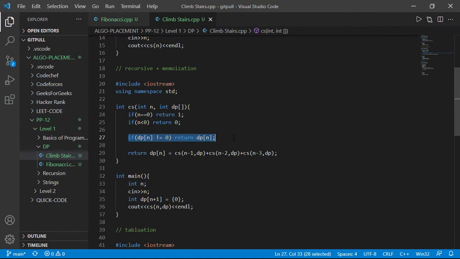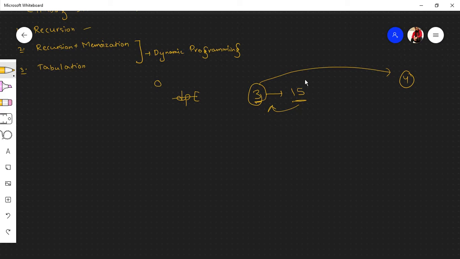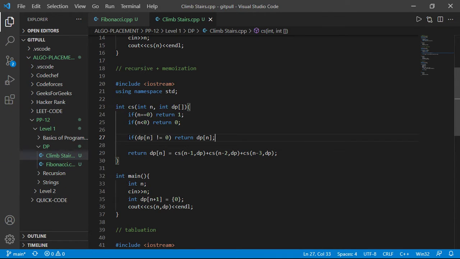What we are doing here is, if we already have the value, basically we have initialized our dp with 0, n plus 1 dp. And if the value is not equal to 0, this means that you have already found some value. So do not calculate again, just return that value. Now if you do not have that value, you'll calculate it first and store it, so that if that value appears again, you need not search for it again and again. That's why we are storing here, that's why it's called memoization.